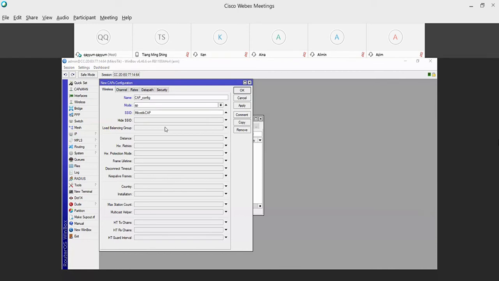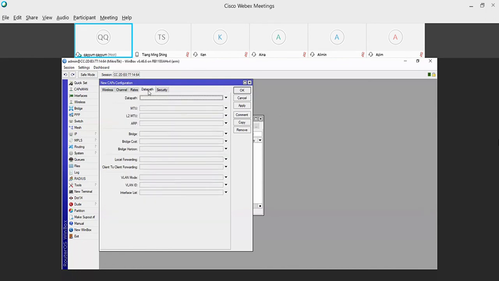Other than that is advanced configuration, so you just leave it like that. You go under data path, and then you select your bridge as the CAP data path.